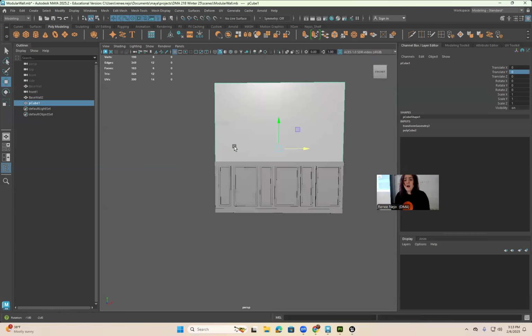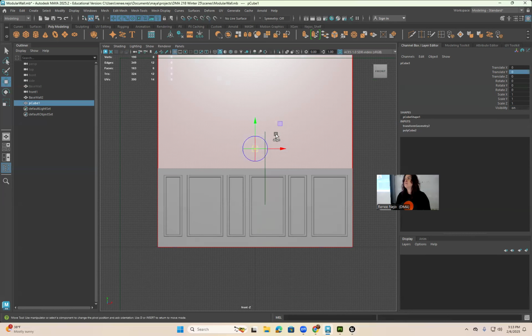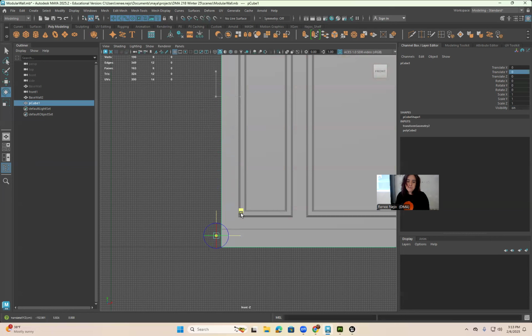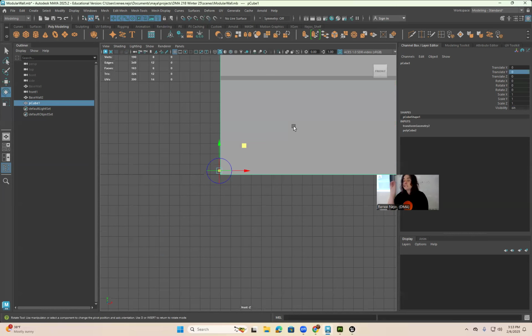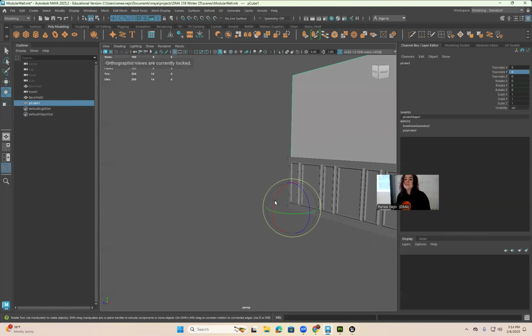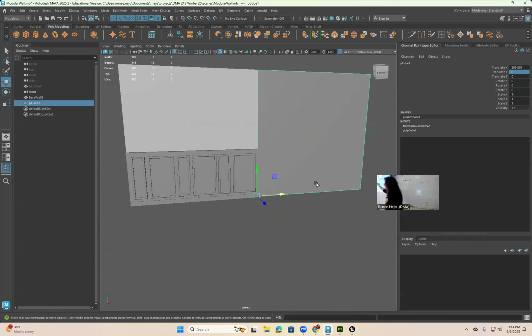Additional setup. I do prefer to take the pivot of this, hit D. And we can now move the pivot. And I prefer to move it to be about at the very corner here. Now, if we want this to be perfectly centered, hold down X and we can snap it to the grid. Make sure you check on all axes so that it is set to 0, right? And hit D again, and we're good. Good to go. This will make it really easy to just snap in